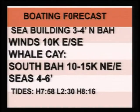You want to do some fishing off the rocks? Great for it tonight. High tides occurring early at 8:16 this evening. We got a high tide at 7:58 this morning, low at 2:30 this afternoon, and high tonight at 8:16 p.m. That's a look at your weather,